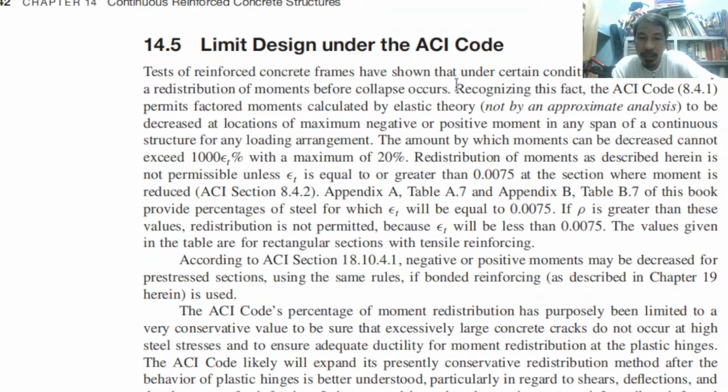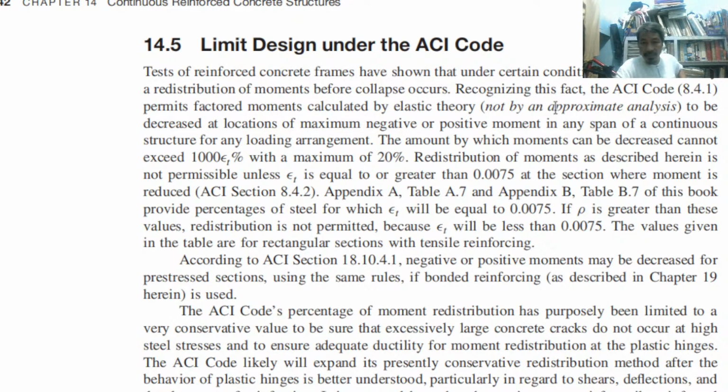After 3 hinges, the whole element would fail. Recognizing this fact, the ACI code permits factored moments calculated by elastic theory, not by an approximate analysis,